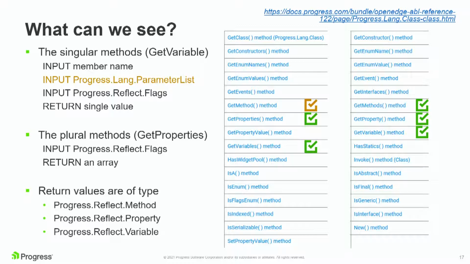We can get methods, properties, variables. The GetMethod, this brownish, orangish color, is just for methods, because many methods with the same name can have a variety of parameters or parameter lists. And so we're not going to talk much about, or at all really, about reflecting on methods and using those to set.